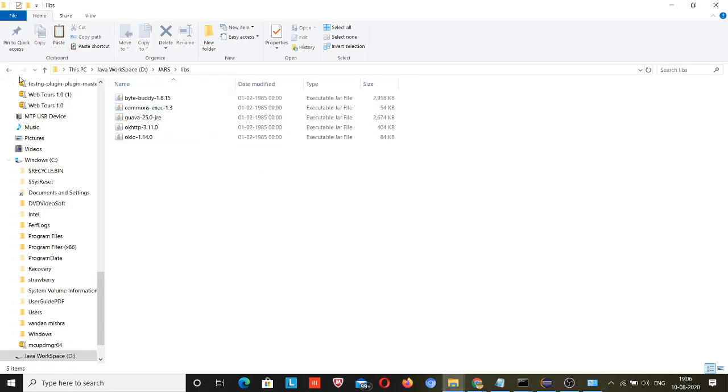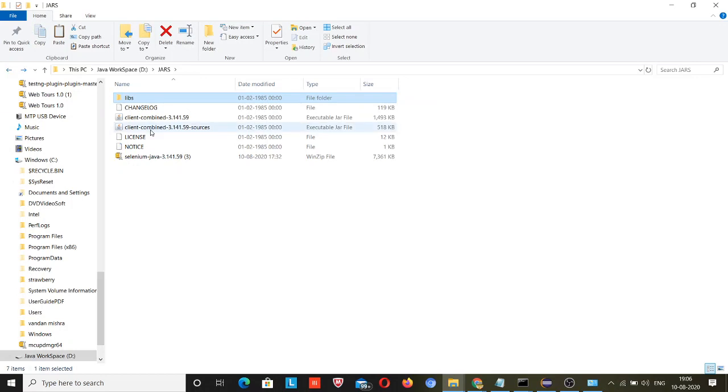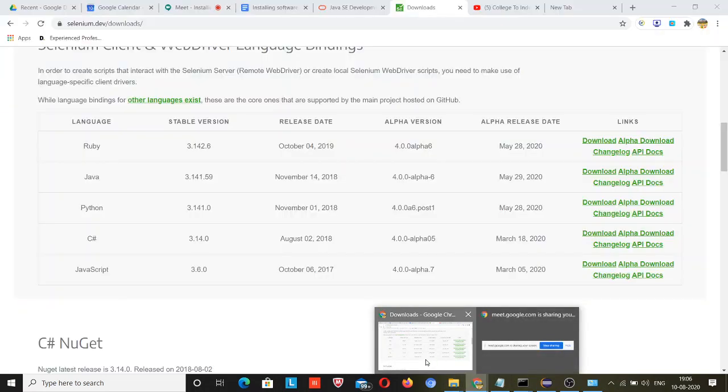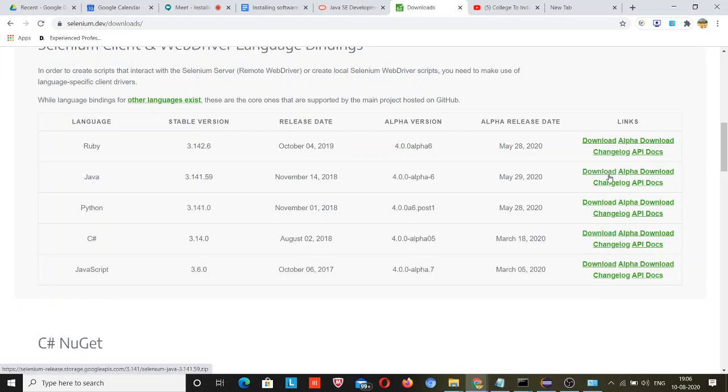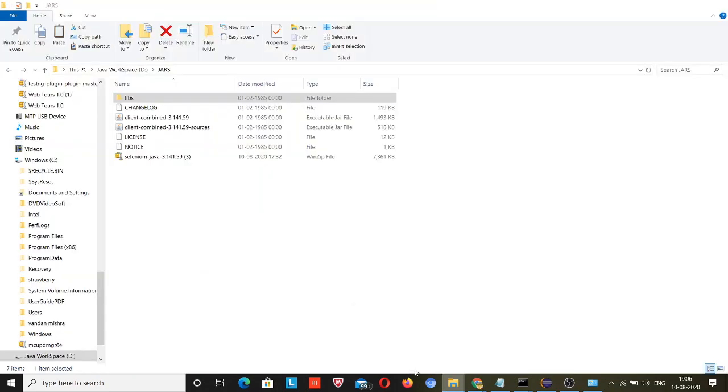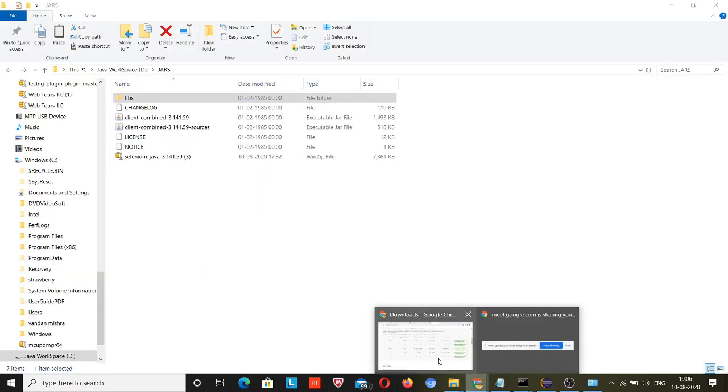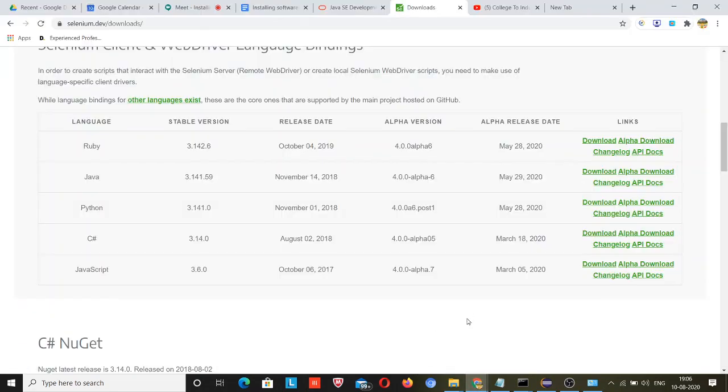These 7 jars are sufficient to start working in Selenium. So I hope you have downloaded. Just click on download, and that zip folder will be downloaded. Make a folder inside your system like Selenium jars and save that, and wait for the day when I start Selenium.